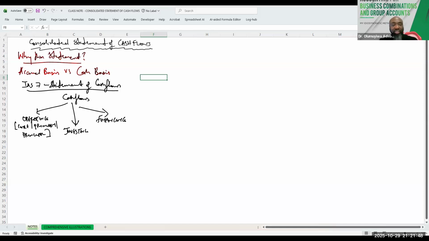Which means anything that borders on raising funds either by equity or debt, or repaying those providers of capital, in terms of dividend or interest or repayment of principal amounts, or even the buyback of shares of companies for cash, all of this constitutes